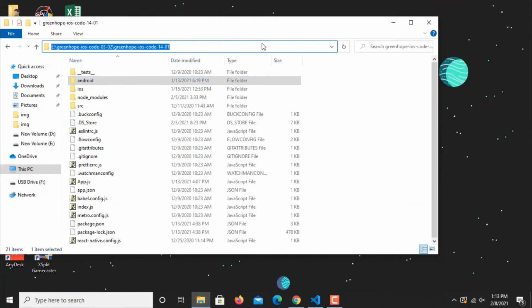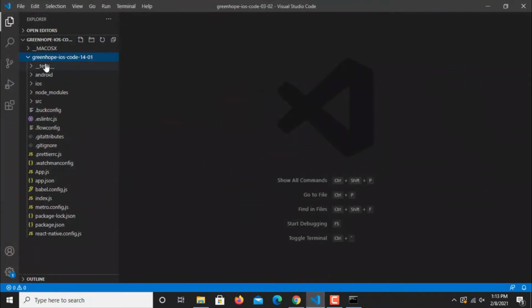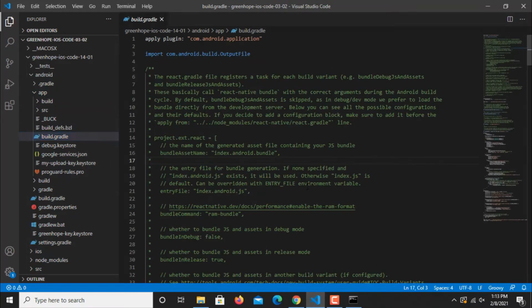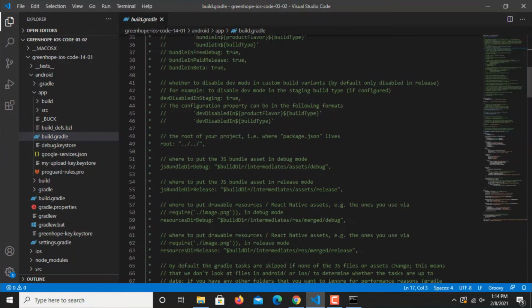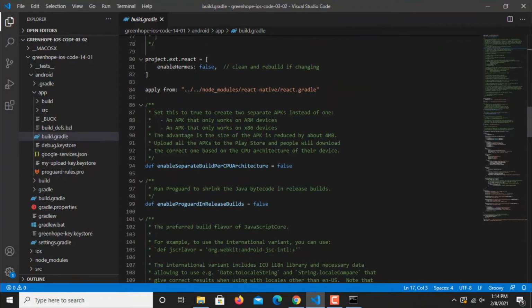So to reduce the size of APK, we will make certain changes in the build.gradle file of our app. So in the Android folder and app folder, go to your build.gradle file. In your build.gradle file, you will find one line on top, enable separate build per CPU architecture. As you know, there are 4 types of architecture which Android devices use. So we'll make a separate APK for each architecture. So first we'll change it. It will be false in your code. Change it to true.